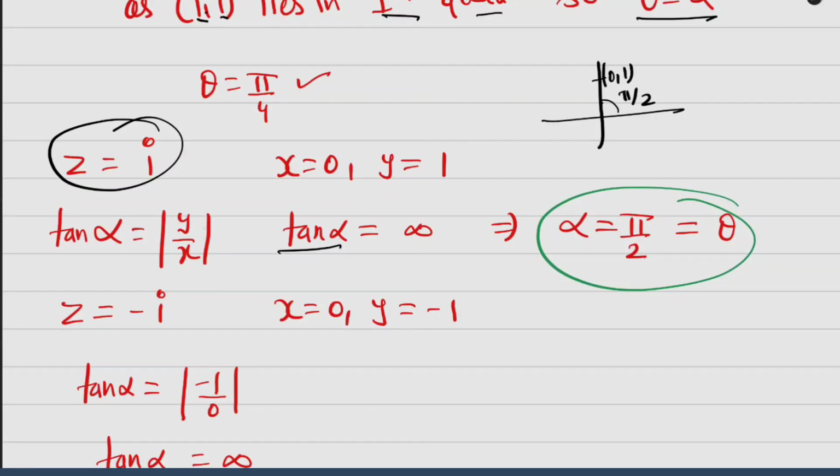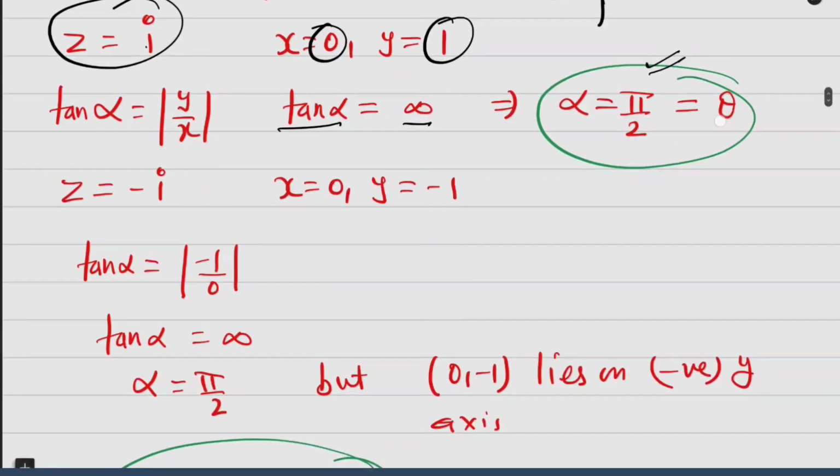So tan alpha: y is nothing but 1, but x is nothing but 0, because it is purely imaginary, so it becomes infinity, so alpha becomes pi by 2. But it lies on the positive y-axis, so directly it is pi by 2. Now if it is purely imaginary but with a negative sign, the argument of this one is minus pi